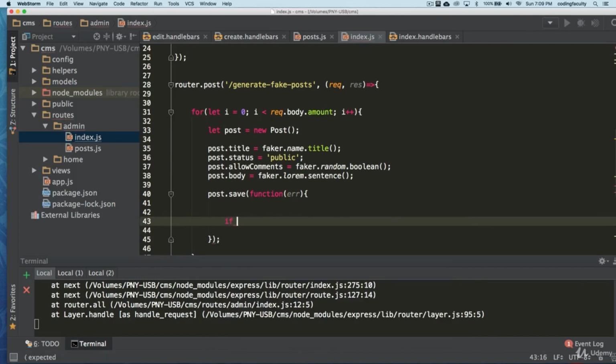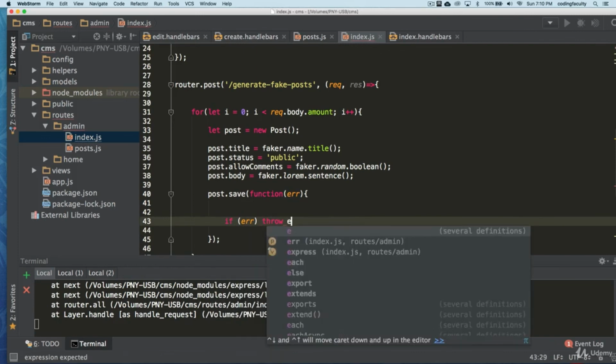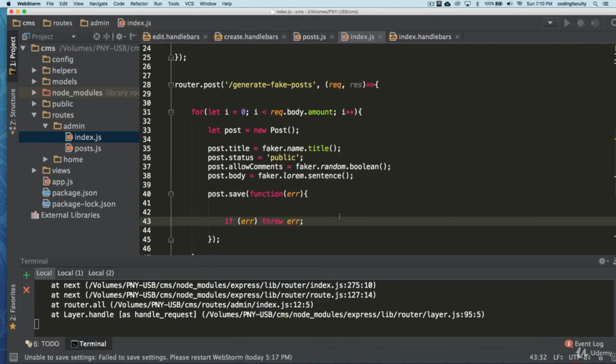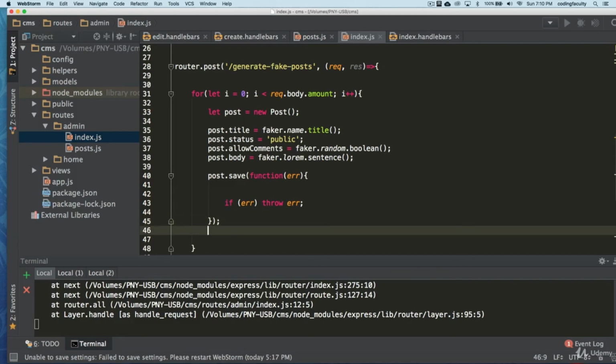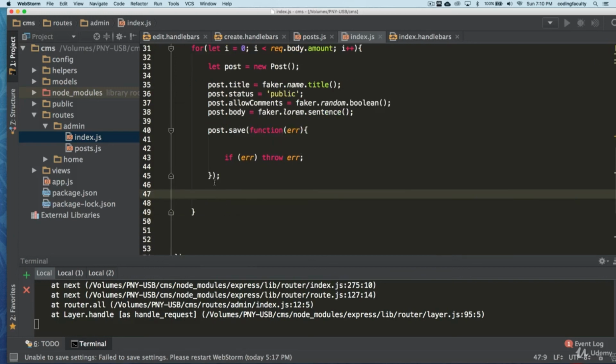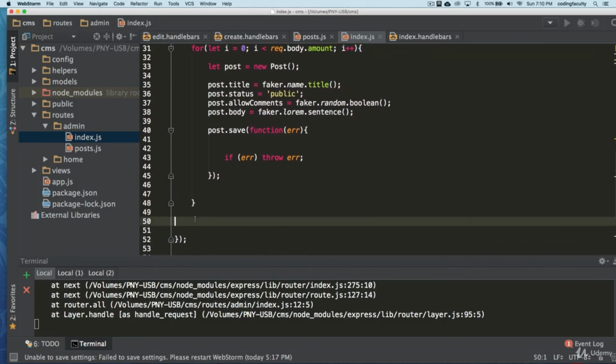So let's just do if error, then we're just going to throw the error here. There we go. And then let's just redirect down here. We're going to redirect anyway.